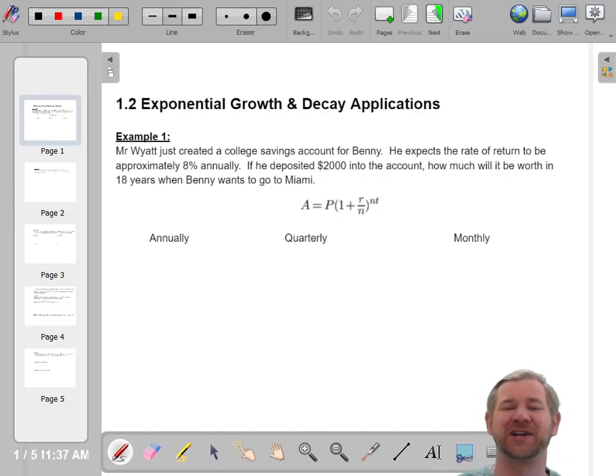Hello everyone, let's talk about exponential growth and decay. This is something that you guys do a little bit in algebra, but we're going to hit it again. And first thing you need to realize is you've got this formula here, and I'll go over the parts of